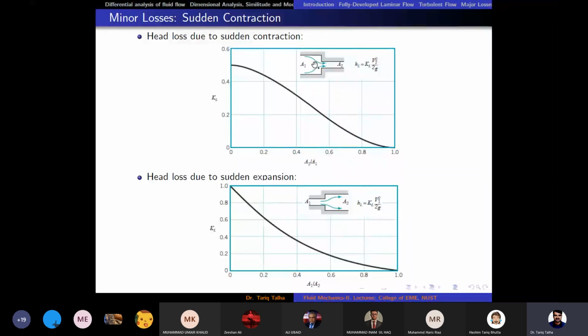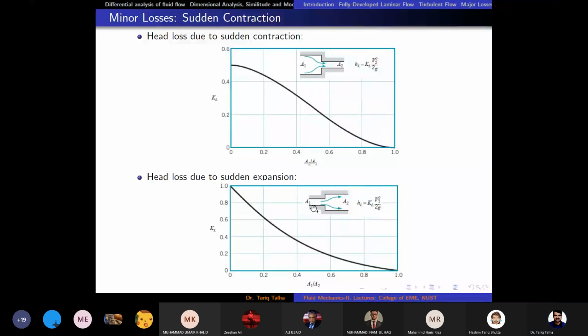A1 is becoming less, not more, because if it is more, then it is 0 value. So what I actually meant to say is that if we keep on decreasing the height of the reservoir, then the A2 upon A1 value would be increasing, because A1 is decreasing, the denominator is decreasing. In that case, you can obviously see that the KL value is decreasing, because that discontinuity would become less and less severe.